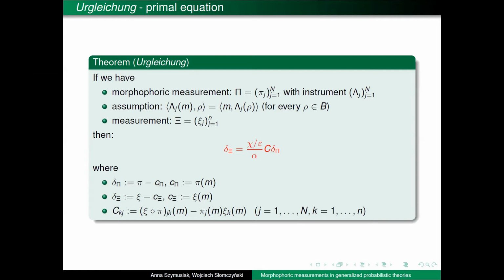Maybe I'm not in contact with Liliana. Maybe Christoph, could you pose your question? Yes, so coming back to the toy theories, you mentioned quaternions, but quantum mechanics over the real numbers is another toy theory. Yes, that's true. Is that an example of a toy theory where there is no morphophoric map?